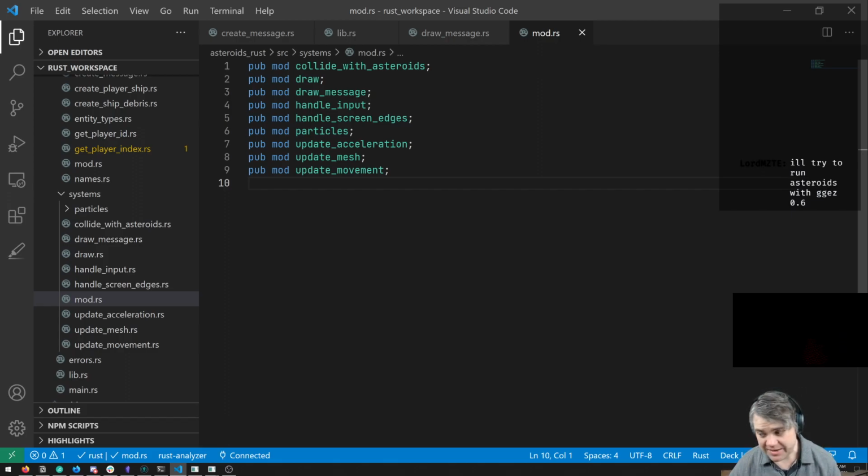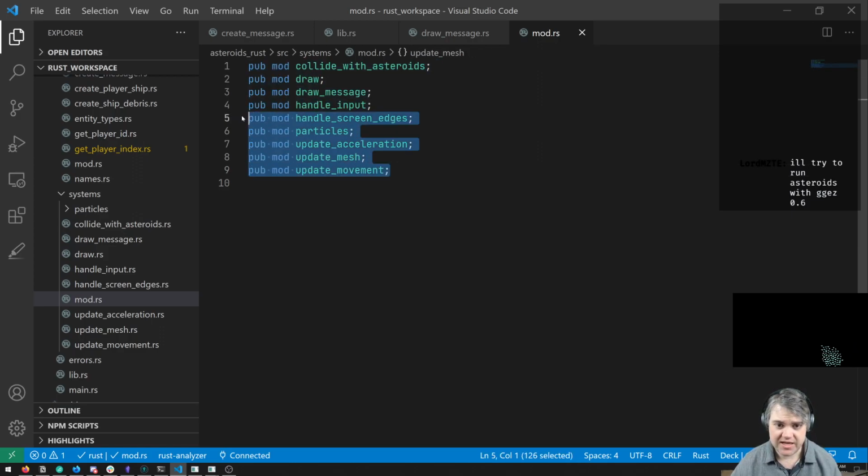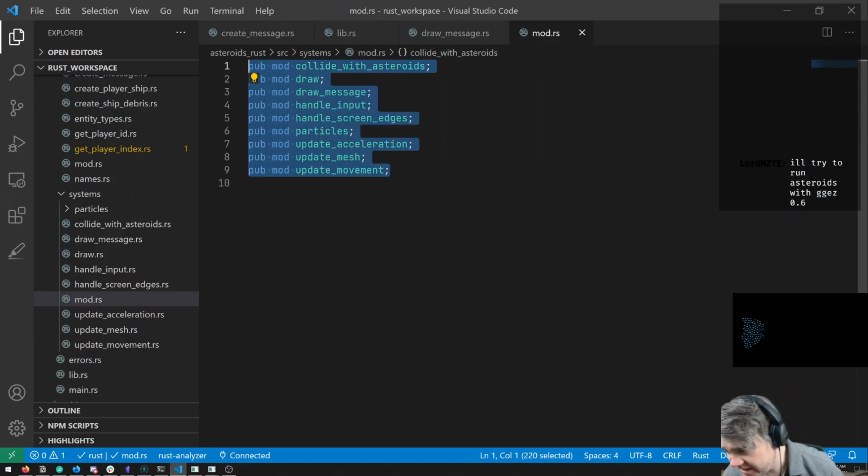I'm pretty sure it's not going to work with GGEZ because they're not re-exporting some of the things that I'm using, but that'll be interesting to see. I also had trouble getting GGEZ 0.6 to work on my computer. Just getting a hello world, a blank screen showing up, just compiling it, which is really sad because I don't think there's going to be another big update for a long time, if any, since Icefoxen has stepped down as the main owner of the project, until somebody else steps in to take over.